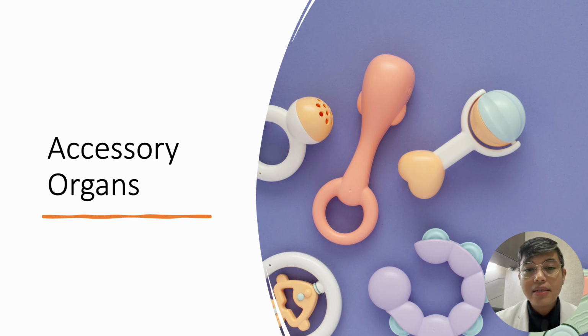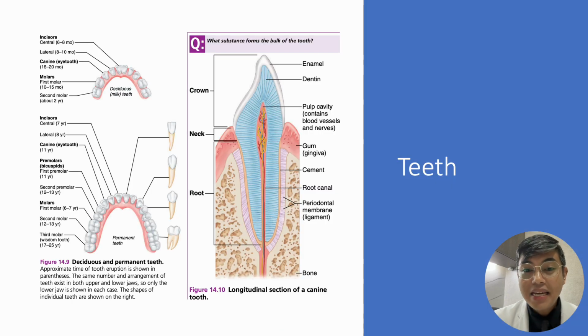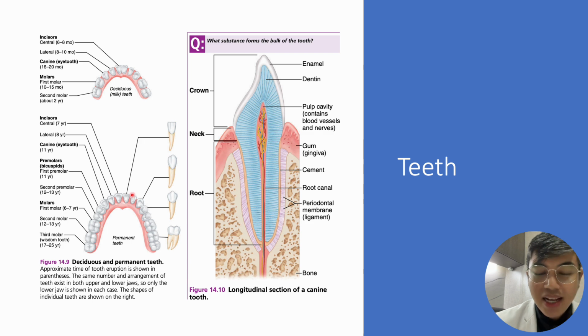Your accessory organs, okay? So first it will start with your ngipin. But I will not discuss this further because pang mga dentist lang talaga yan. But what is very important that you should know, ang unang-unang ngipin na lumalabas be around 6 months. Okay? And this would be your central incisors sa baba. Okay? Yan ang unang-unang ngipin.